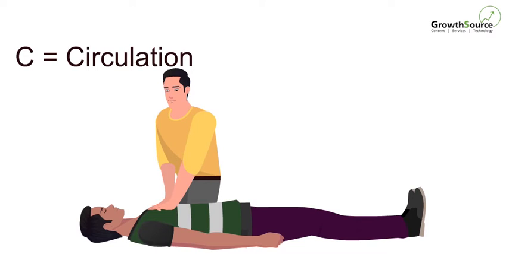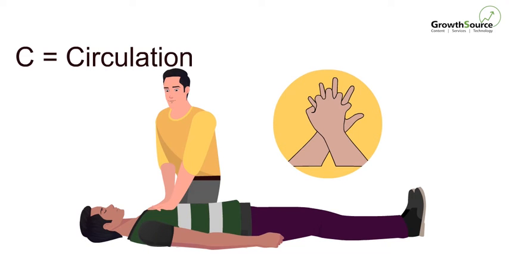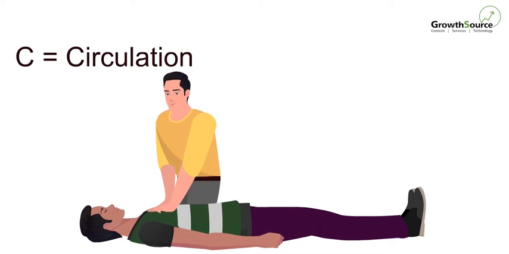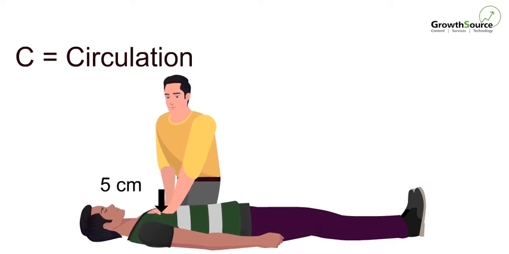C is for circulation. Start by placing the heel of one hand at the center of the person's chest and interlock your fingers. With arms straightened, press down hard and fast, letting the chest come back up fully each time. Fast means around 2 times every second, and hard means that the chest needs to go down by about 5